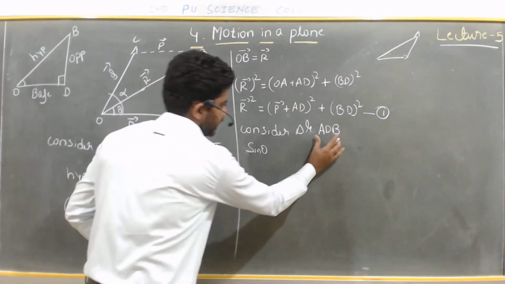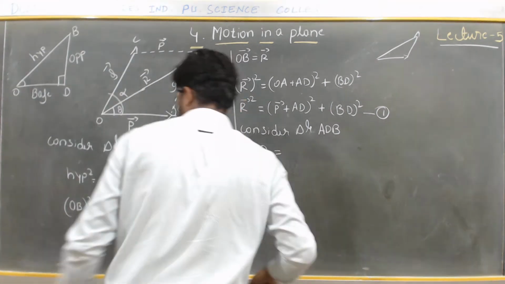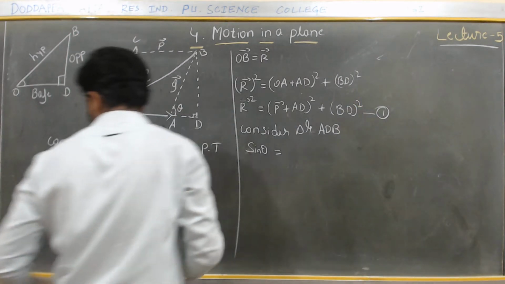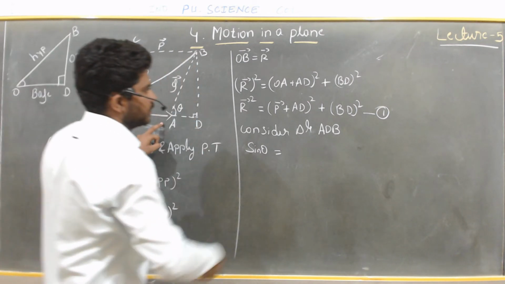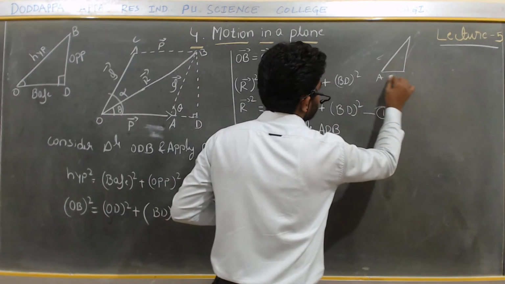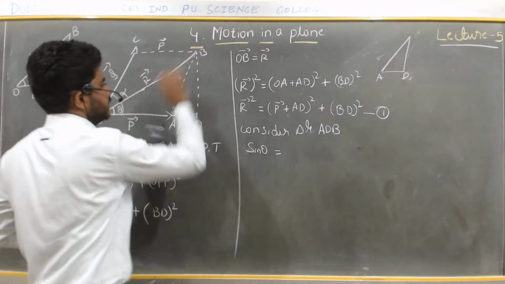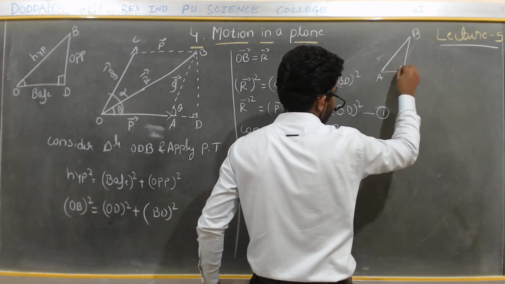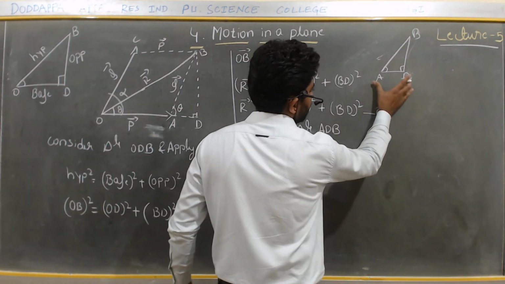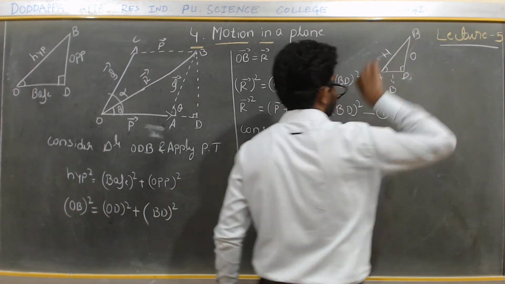So here in that triangle ADB we have considered sine theta. The same triangle I will take here. That will be easy for you. I am going to take ADB. See here AD. See, this is D and B is here. This is the 90 degree and this is the angle making theta. And AD is what we call base, and this is opposite, and this is hypotenuse.